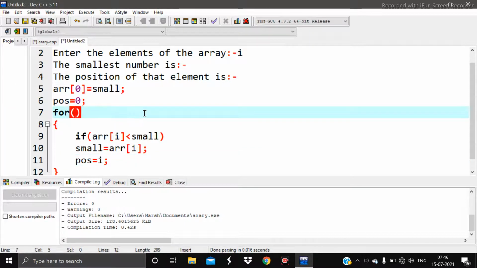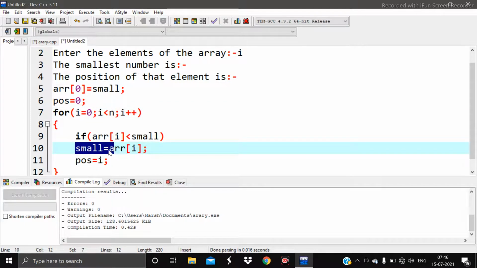Now we will use a for loop, that is i is equal to 0, i is less than n, then i plus plus. In it we will check whether there is any other value in the array that is less than small. If that is present, it will assign that value to small, and the position will be changed.